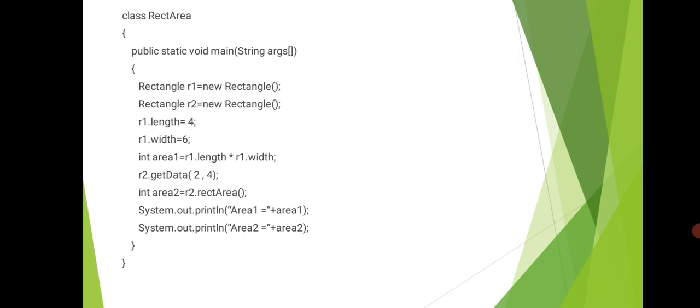For first method is r1 dot length equals 4. 4 is assigned for the r1 length, and 6 is assigned for the r1 width. Similarly, we are calculating the r1 area, that is area 1 equals r1 dot length into r1 dot width. So through objects we can access the instance variable, through objects we can access the methods, right? objects ಇಂದನೇ ಇನ್ಸ್ಟೆನ್ಸ್ ವೇರಿಯೇಬಲ್ಸ್ನು ಆಕ್ಸೆಸ್ ಮಾಡ್ತೀವಿ, ಮೆಥಡ್ಸ್ನು ಆಕ್ಸೆಸ್ ಮಾಡ್ತೀವಿ, ಹೌದಾ? ಸೊ ಅಲ್ಲಿರುವಂಥ ಇನ್ಸ್ಟೆನ್ಸ್ ವೇರಿಯೇಬಲ್ಸ್ಗೆ ವ್ಯಾಲ್ಯೂಸ್ನ ಸ್ಟೋರ್ ಮಾಡಿದ್ವಿ ಆಬ್ಜೆಕ್ಟ್ ನೇಮ್ ಮತ್ತು ಡಾಟ್ ಆಪರೇಟರ್ ಇಟ್ಕೊಂಡು.